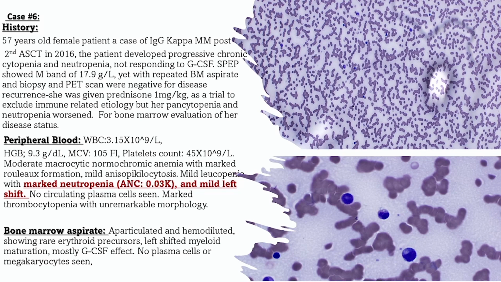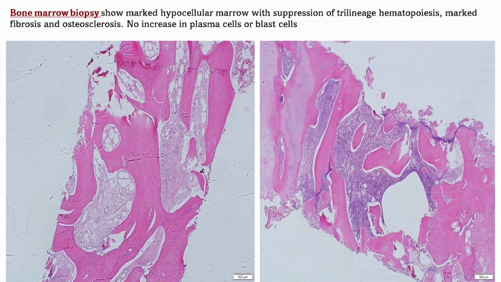The bone marrow shows marked neutropenia of 0.03, and again, an up-articulated and hemodiluted aspirate with left-shifted maturation, as the patient was on GCSF day after day with no response for a year. So when we check the bone marrow biopsy, what we can see is marked fibrosis, osteosclerosis, and you can see